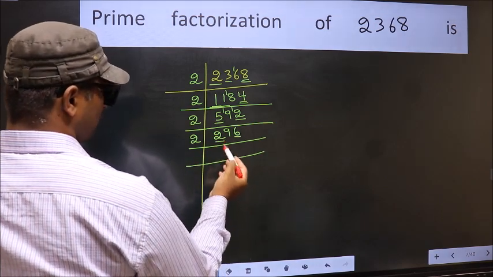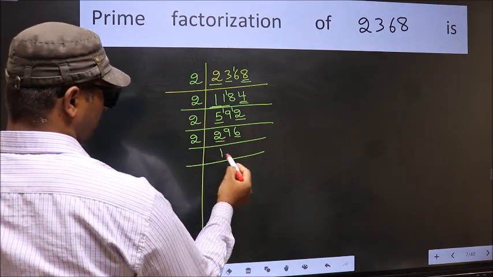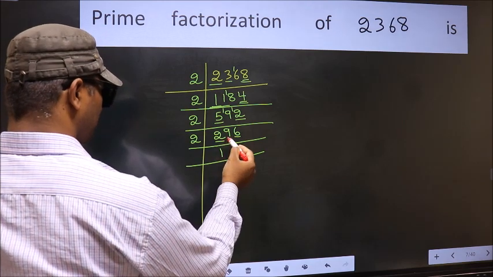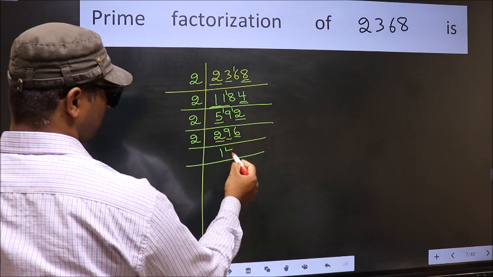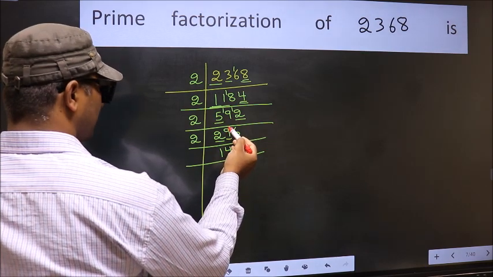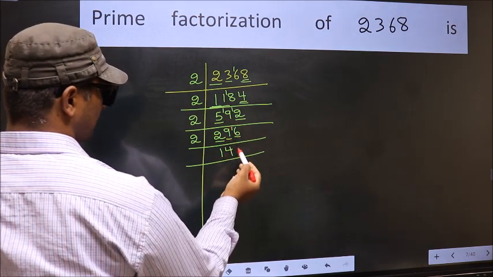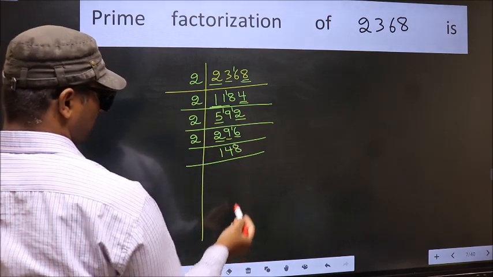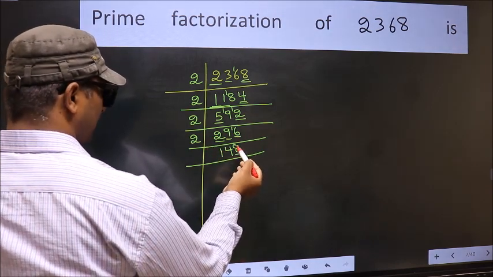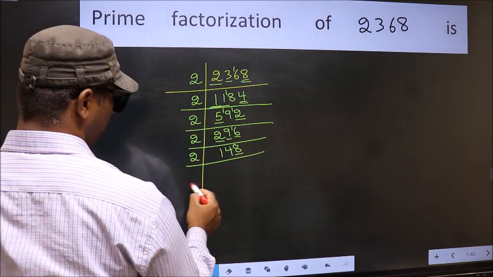First number 2, when do we get 2 in the 2 table? 2 ones 2. The other number 9, a number close to 9 in the 2 table is 2 4s 8. 9 minus 8, 1, 1 carried forward, 16. When do we get 16 in the 2 table? 2 8s 16. Now the last digit 8 is even, so take 2.